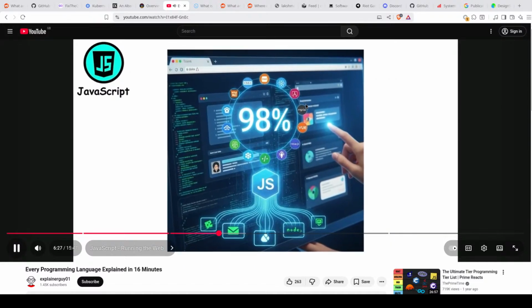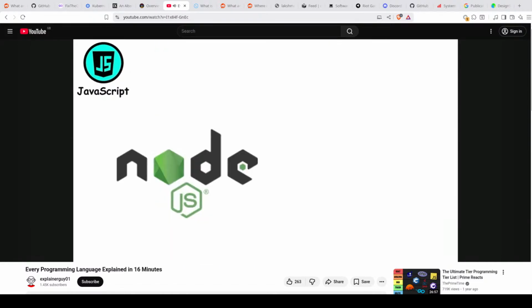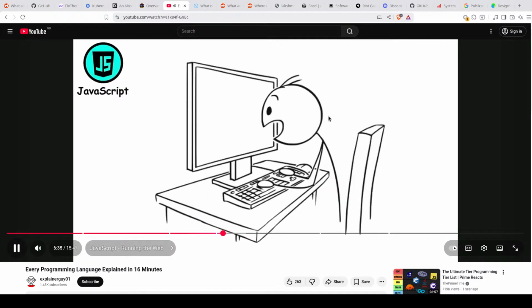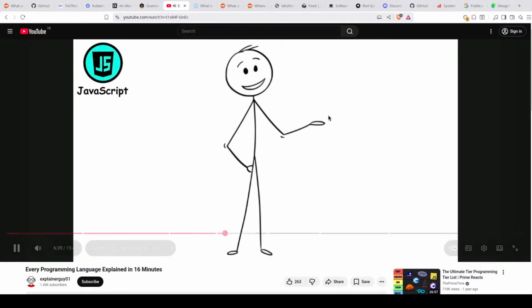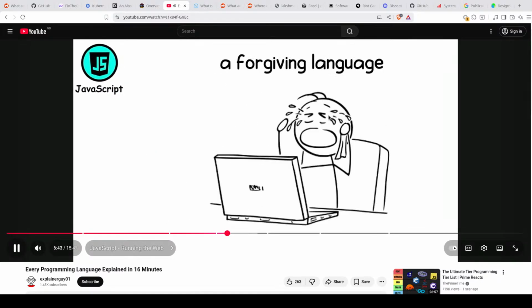Today, it powers 98% of the web, handles front-end interactivity, and thanks to Node.js, even runs servers. Even this video you're watching is most likely using JavaScript somewhere behind the scenes. Here's the catch. JavaScript makes no sense. Developers call it a forgiving language, but they really